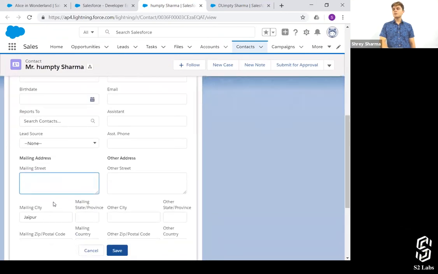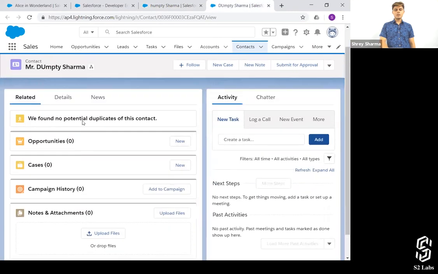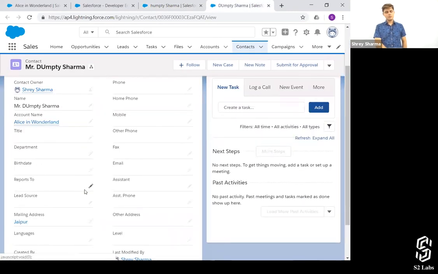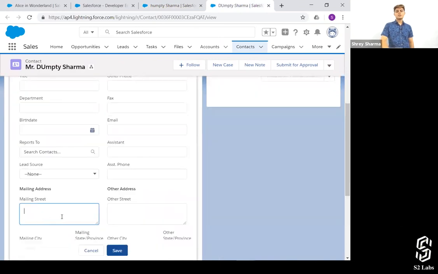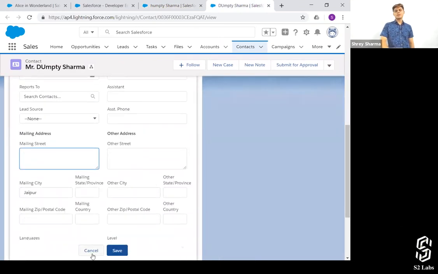City equals Jaipur. For Dumpty Sharma, city equals Jaipur. That's how it goes.